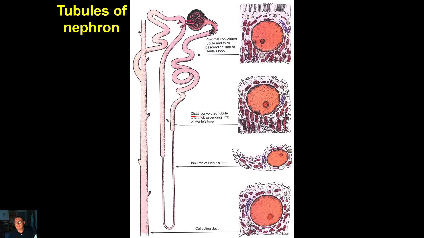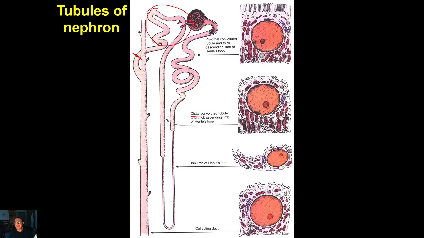Distal tubule has then its convoluted portion, which is shorter and thinner than the convoluted portion of proximal tubule. And for example, I don't know exactly where, but let's say at this level, distal tubule ends, and